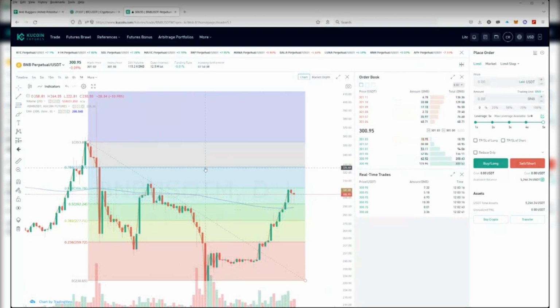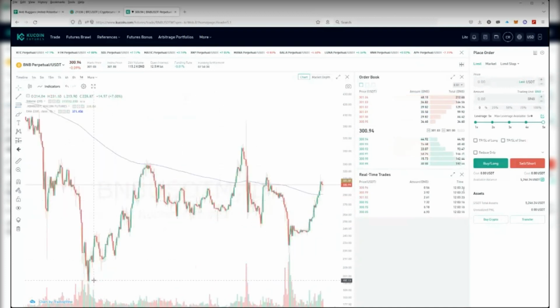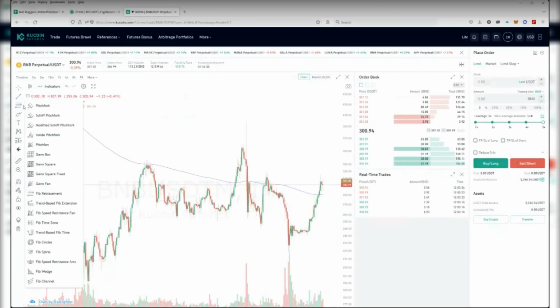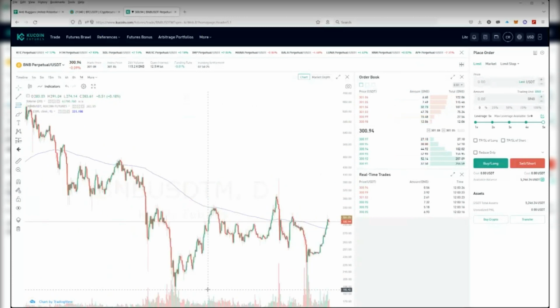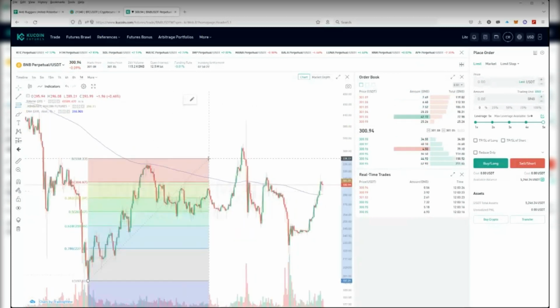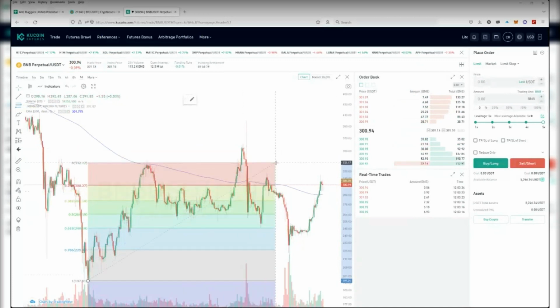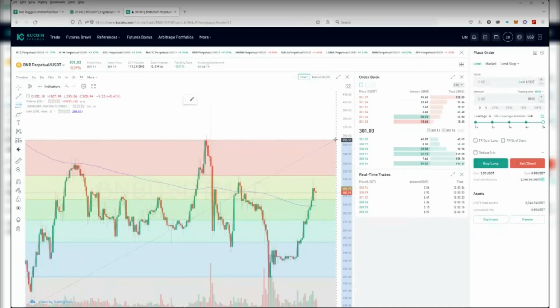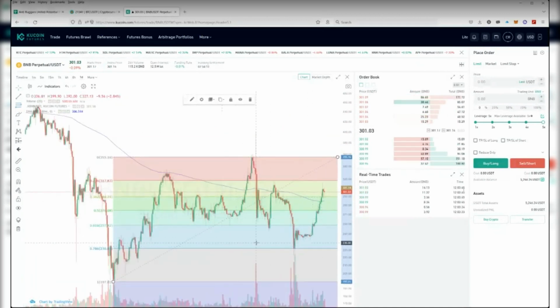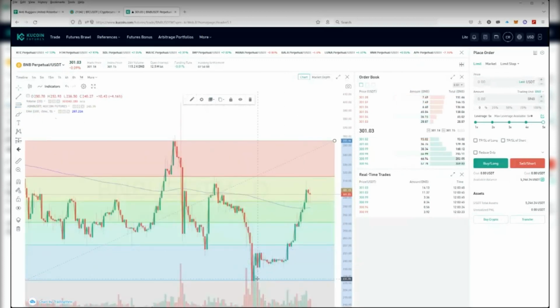But if you want to look at longing, maybe from here down to here, from 196 to 354. So let's go extend it out. As you can see, after that, it hit the point. See, look, it literally hit the point. Oh, wow. Look at that, guys. Perfect, spot on. It hit the 0.786 and reversed.